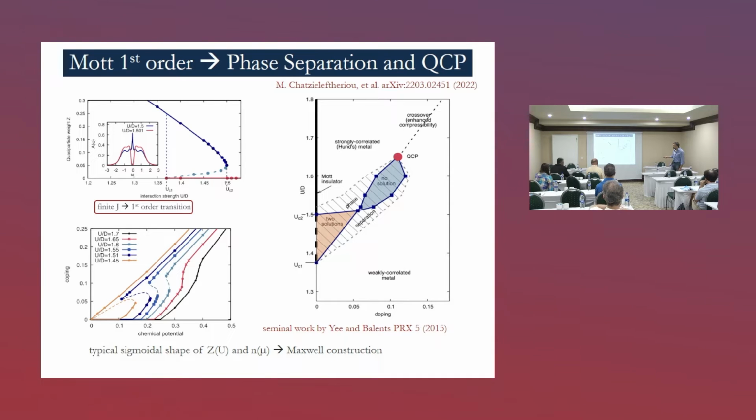But very quickly, you are left instead with the part where only the unstable solution exists at some doping. And this gives this no solution region. And all these, of course, merge into a point in which you have a continuous curve, and it's this quantum critical point. And after this, you are just left with a crossover. Now, the important part is that this sigmoidal shape calls for another Maxwell construction, which actually originates this shaded